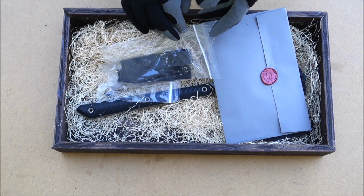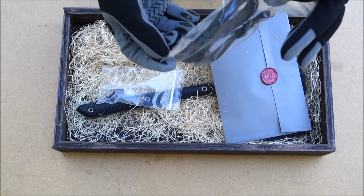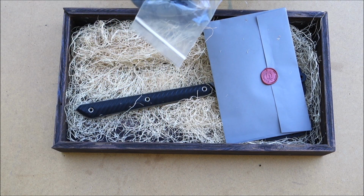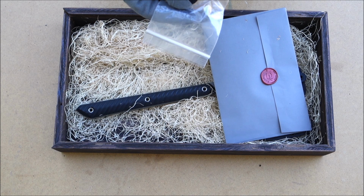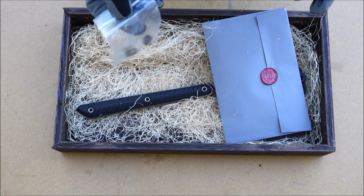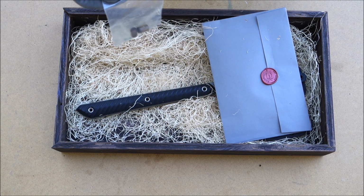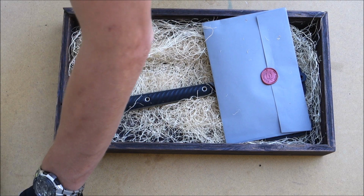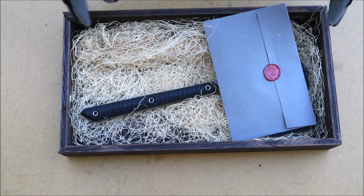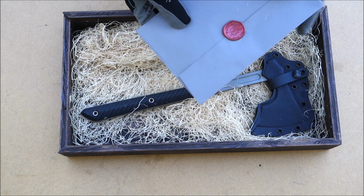Inside we can find some stuff. This is of course for the Kydex sheath, for the belt system. Here we have some wooden pins. I think you can attach them to the box in some way if you want to use it as a display item. I personally am not thinking of having this tool as a display item, but I can understand if there are people who might want to showcase their axe that way. Me personally, I want to put it to some fun use. There's also this